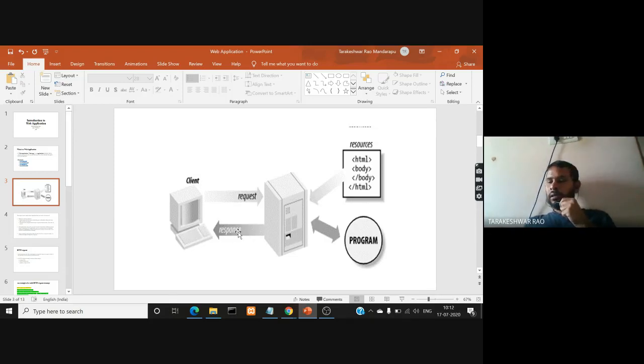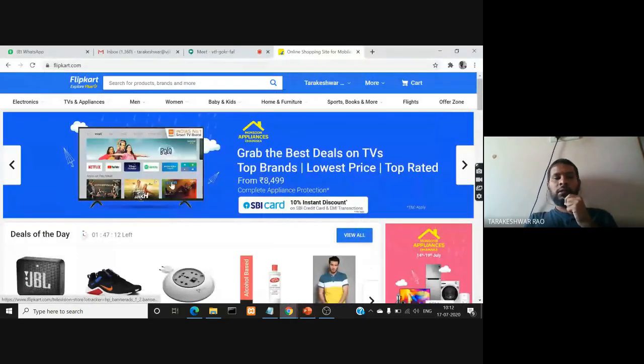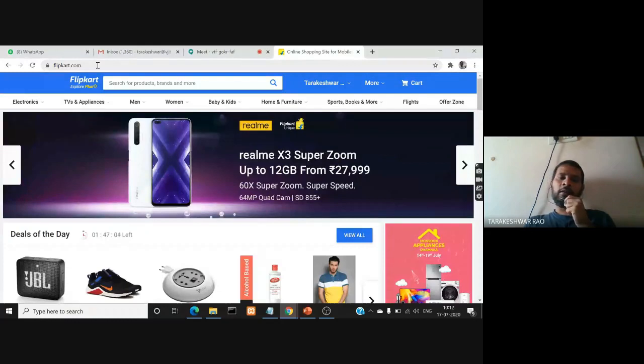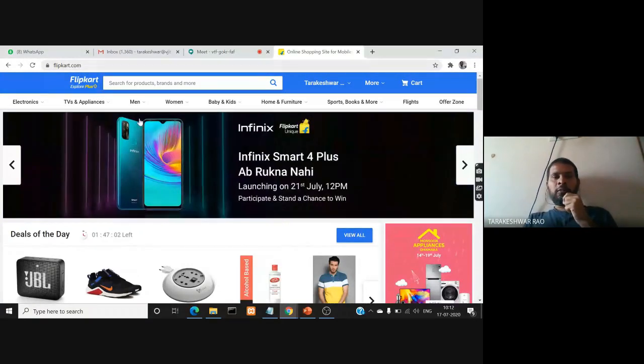So what is happening here is a request is being generated by the user or the client machine, and that request is sent to the server, and the server will respond by generating a response and sending it back to the client machine. All this happens within a fraction of a second. Right? So soon after I typed flipkart.com and struck the enter key, within seconds I got the response back from the server, and as a result of that response only I'm able to see all these graphical controls on